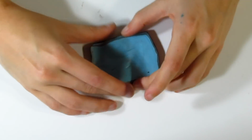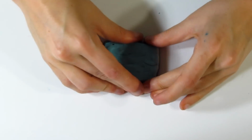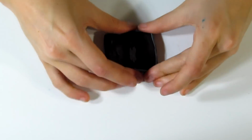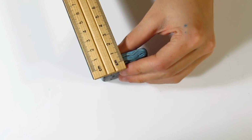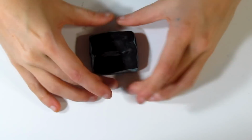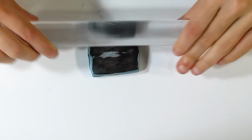And then I'm going to press it back together into a stack that is 1 centimetre high. And I just need to check how high that is. That's about high enough. Okay, I'm just going to press. Alright,